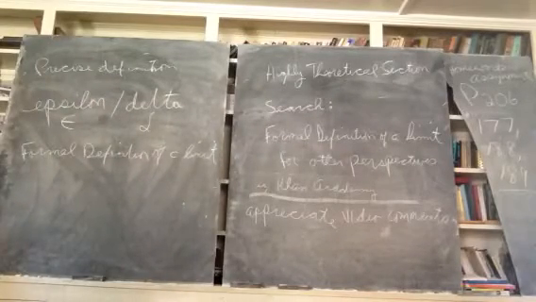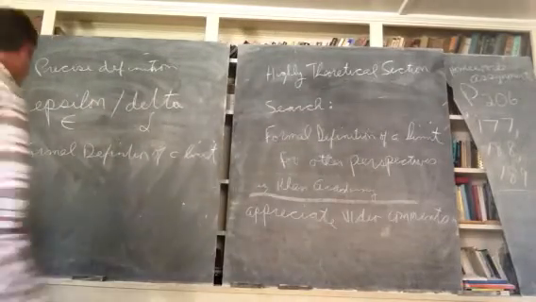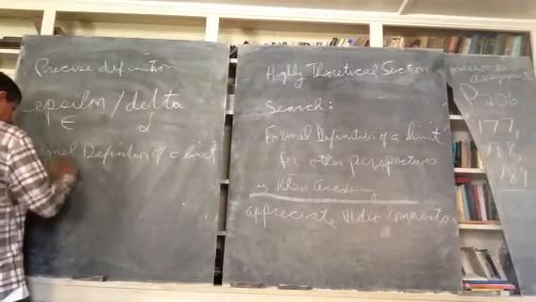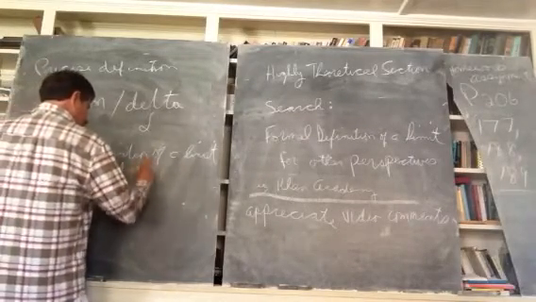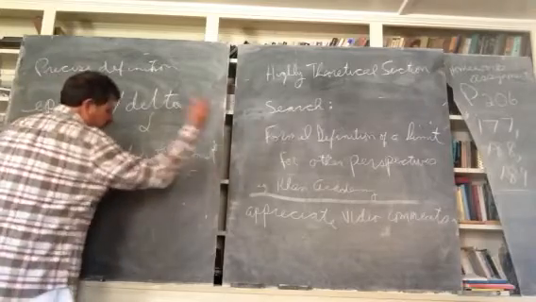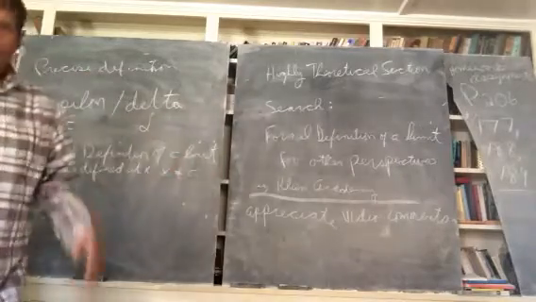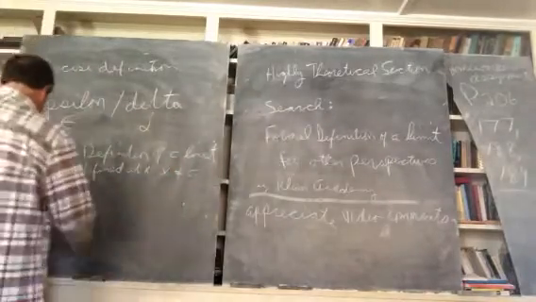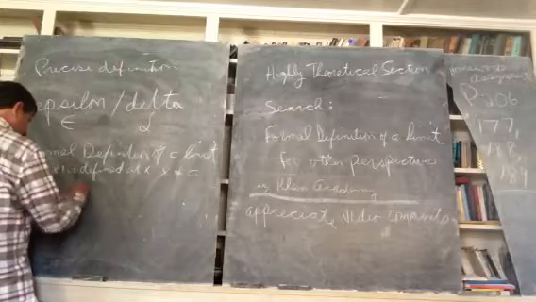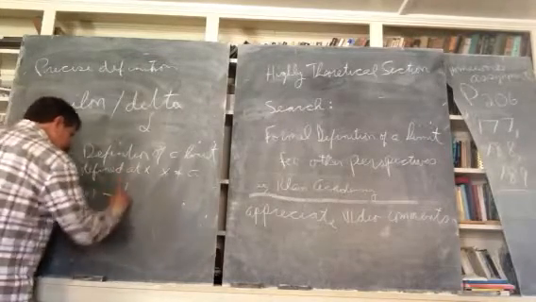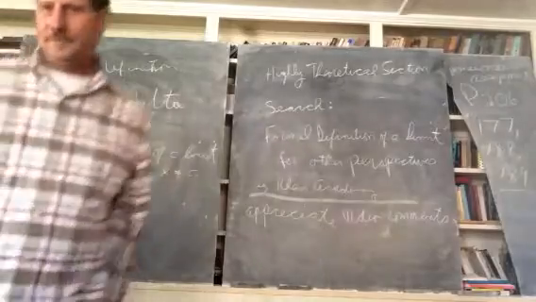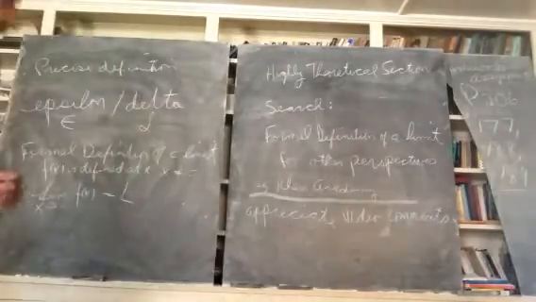If f of x is defined at x, but x doesn't equal some number a, then the limit of f of x as x approaches a is L, if and only